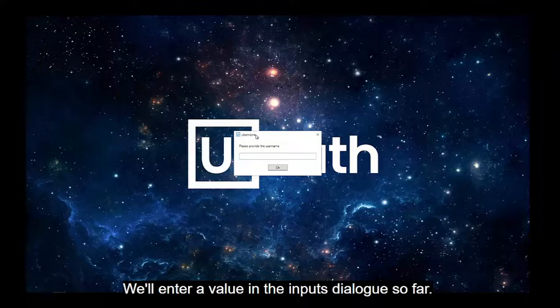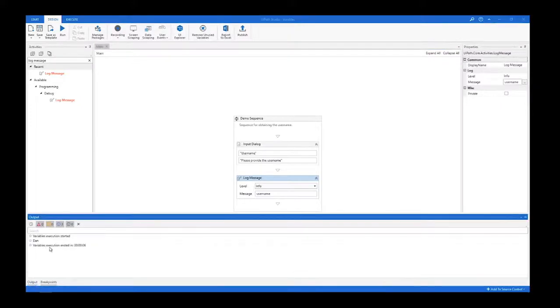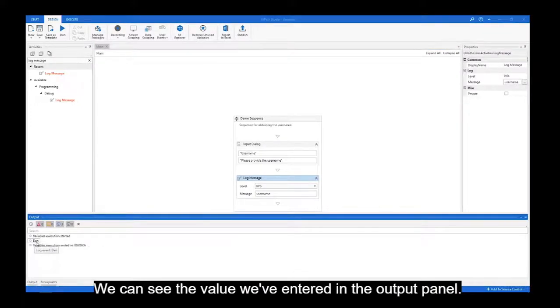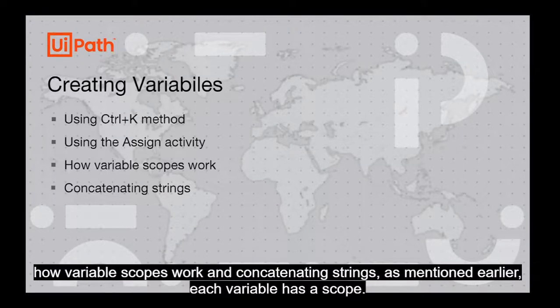We'll enter a value in the input dialog. So far, so good. Now let's check the output panel. Great! We can see the value we've entered in the output panel. Next, we'll have a look at creating variables using the Ctrl+K method, using the assign activity, how variable scopes work,